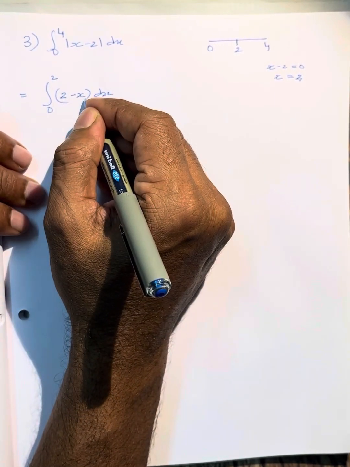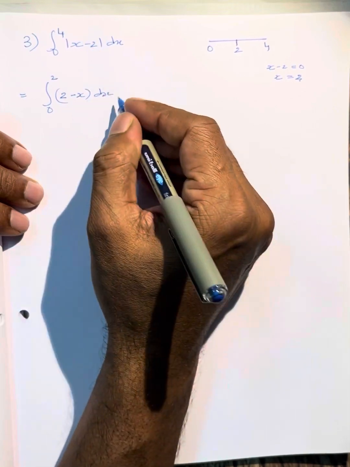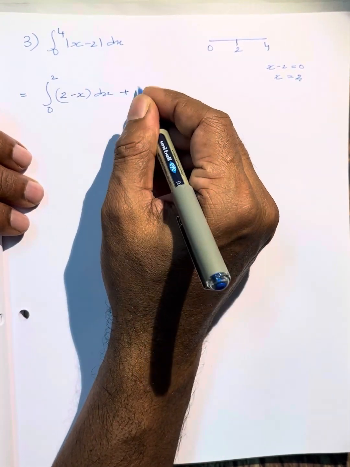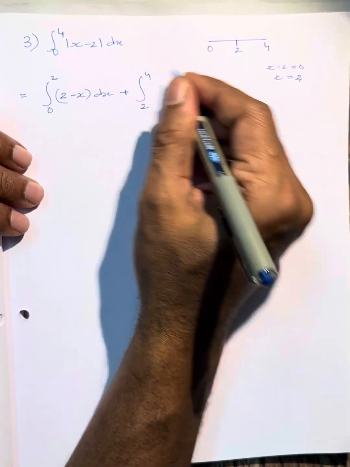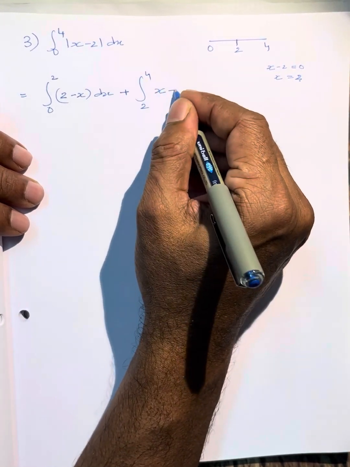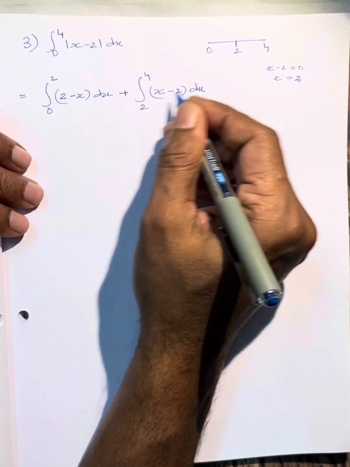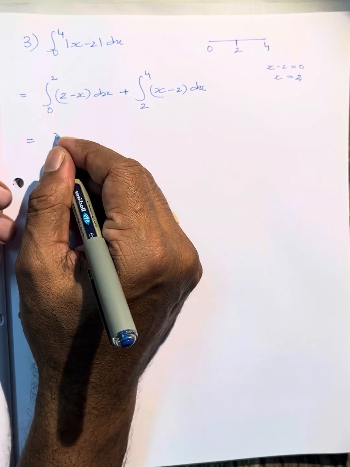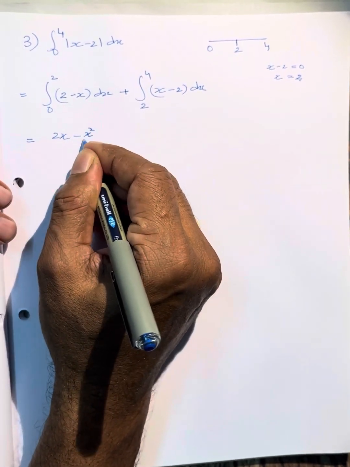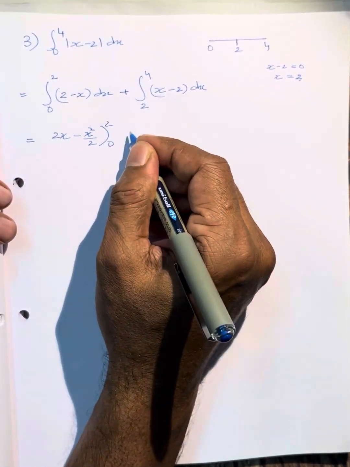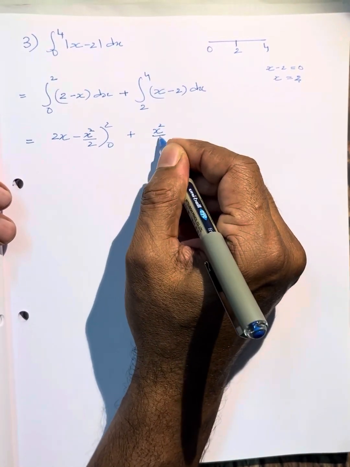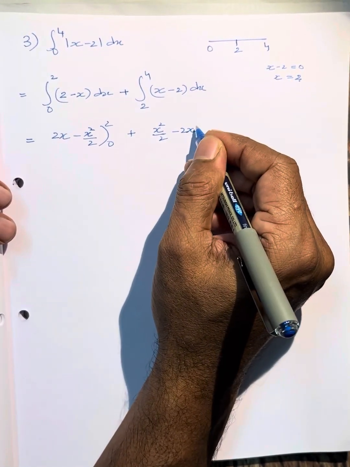How did I get 2 minus x? Negative of x minus 2. Then plus integral 2 to 4, that is positive place only, so you can leave it as x minus 2 dx. Now just integrate that. That will be 2x minus x square by 2, 0 to 2, plus x square by 2 minus 2x,